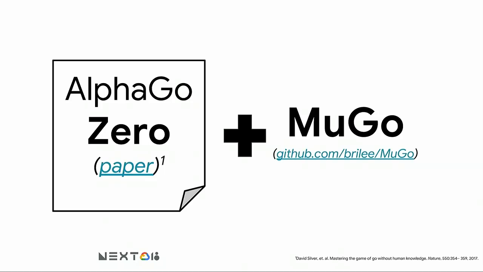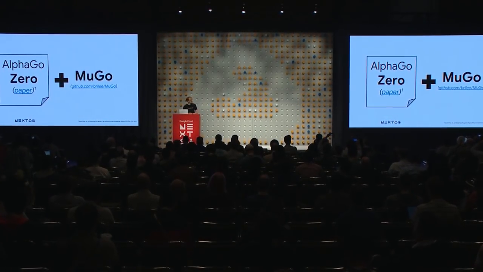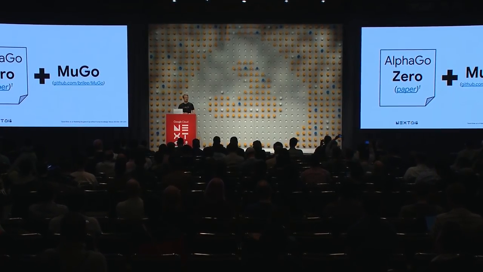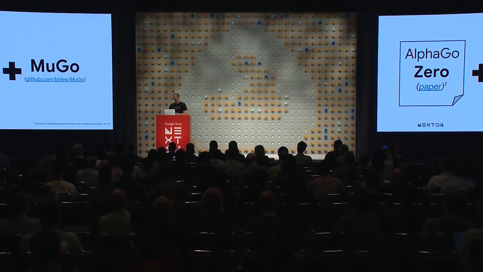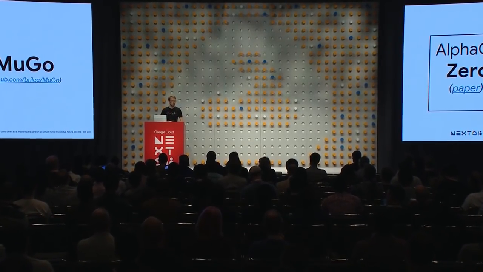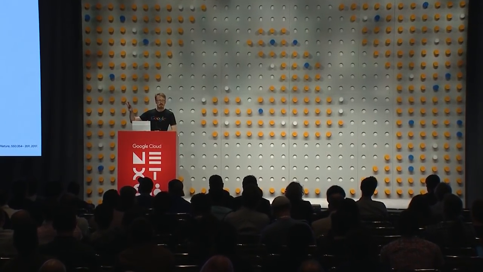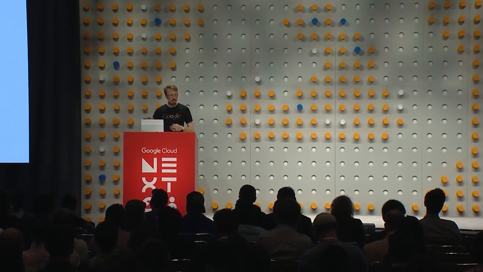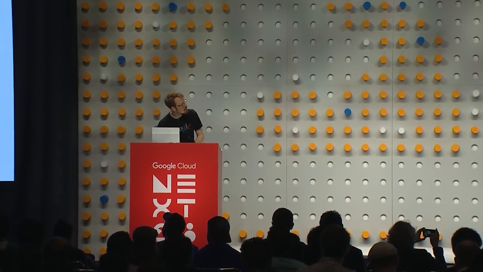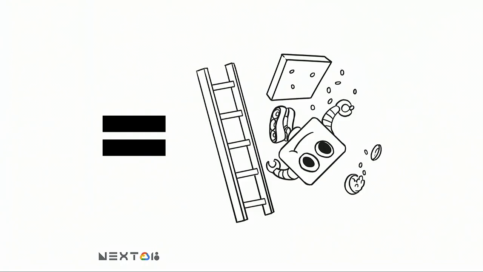After AlphaGo, their second paper was called AlphaZero. AlphaZero describes an algorithm that started from nothing, from random noise, and then went on to teach itself how to play Go. So mixing in AlphaZero's paper plus my friend Brian's implementation of MuGo, we get Minigo. And if you're curious about why Minigo's logo is a happy-looking robot falling off of a ladder, all will become clear. I will explain why he looks completely at ease with this situation where he's falling off of a ladder.